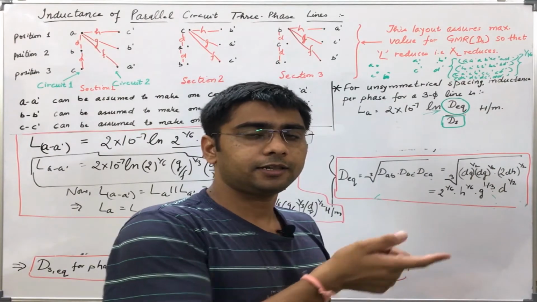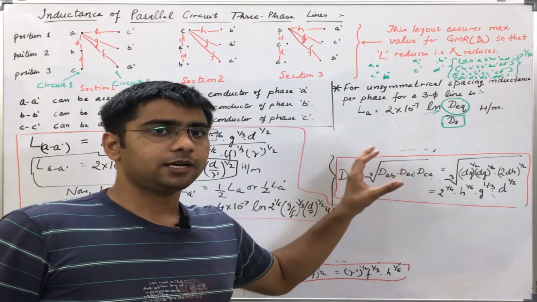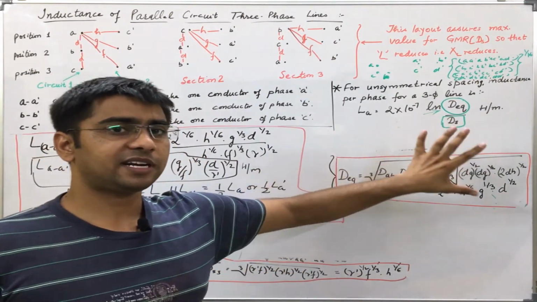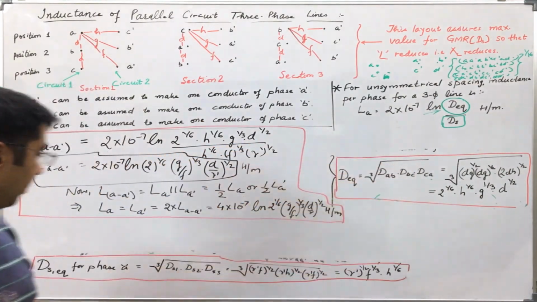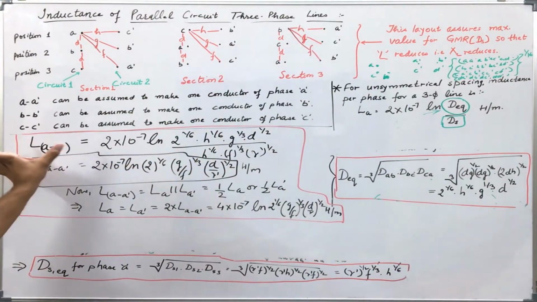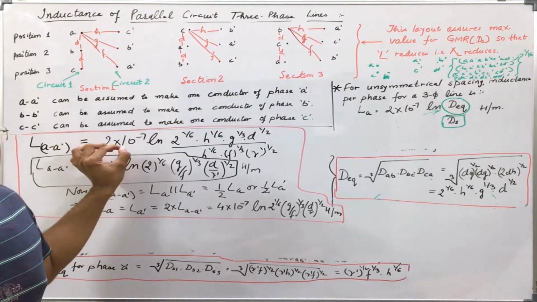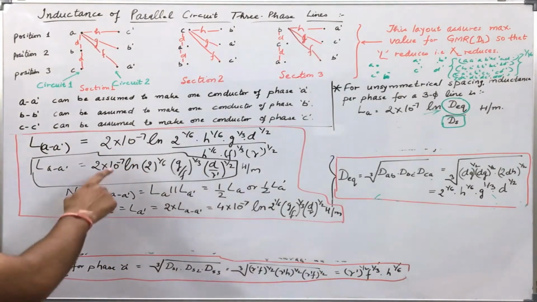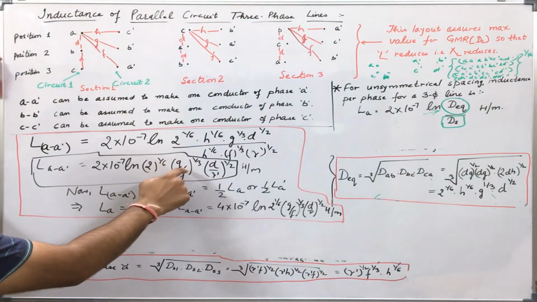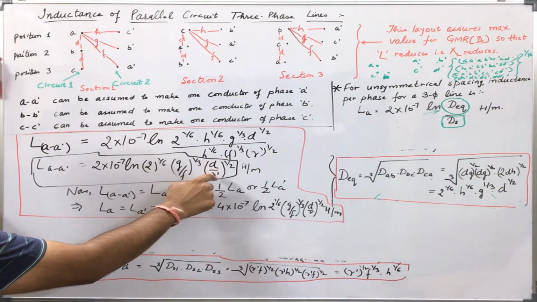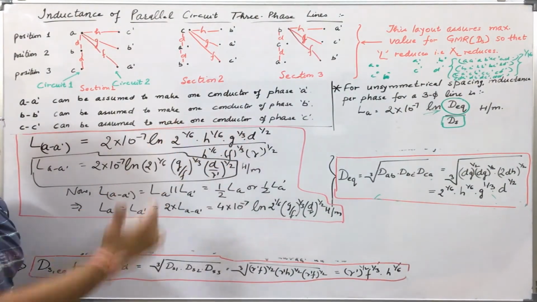Okay, now let's see the next slide. I have already deleted the irrelevant portion for this slide. The relevant portion from the previous one has been kept as it is. Putting the values of D equivalent and Ds equivalent in this, I will get the inductance of the composite conductor formed by conductor strands A and A dash, which is given by 2 into 10 raised to power minus 7 natural log of 2 raised to power 1 by 6, G by F power 1 by 3, D by r dash power 1 by 2. You can see H raised to power 1 by 6 got cancelled out.